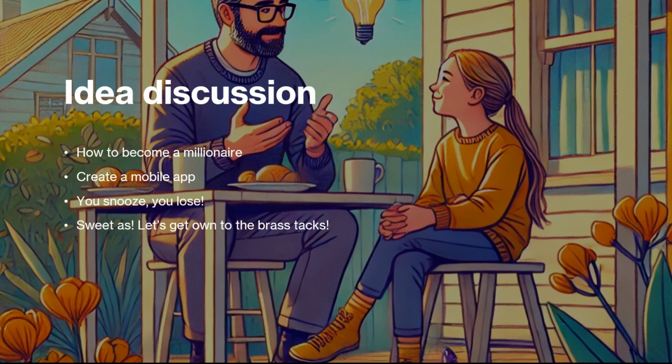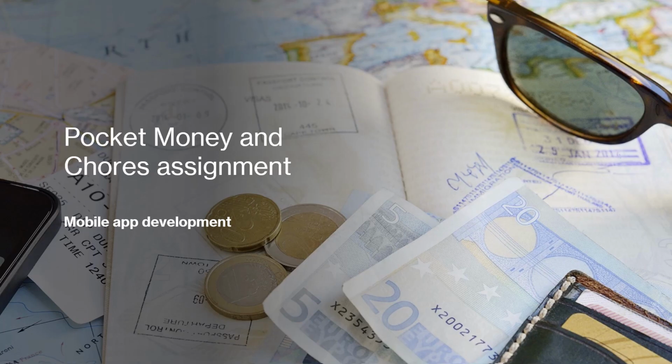Now, I'm no full stack developer, but that conversation sparked something in me and got me wondering, is it possible for me to build an app without being a technical expert? So I put on my thinking hat and started considering how it was possible for someone like me with no deep coding experience to develop and launch a mobile app.